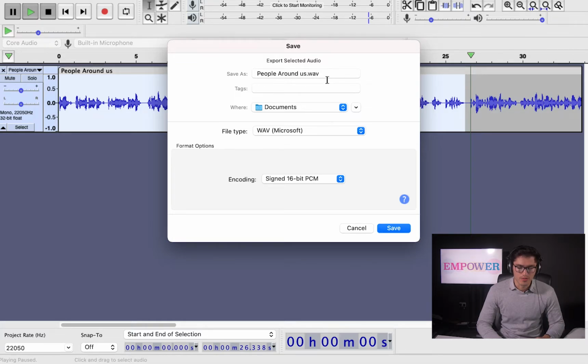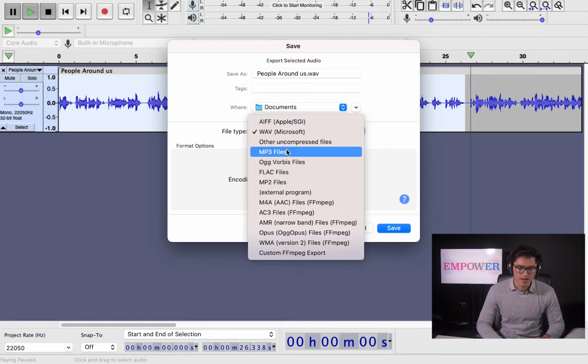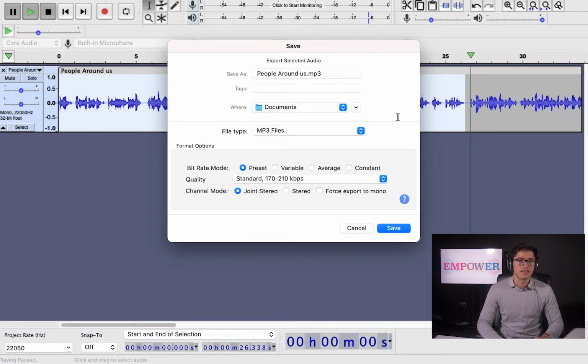Okay, so I am going to use a different file. I am going to use MP3 files because it is easier for you and for your PC to work with MP3 files.